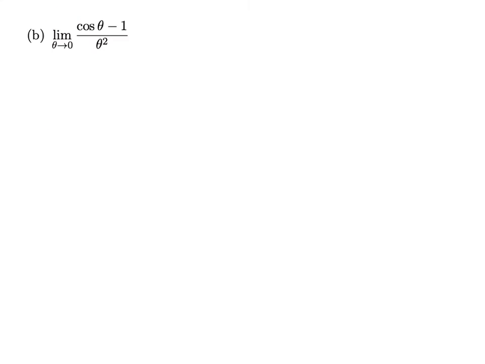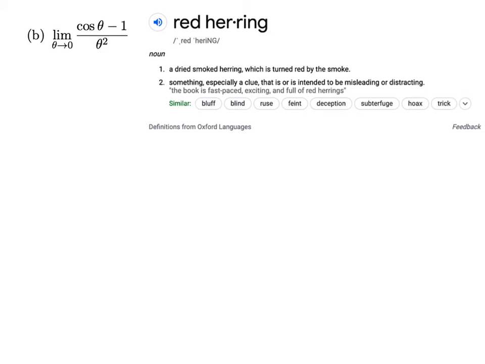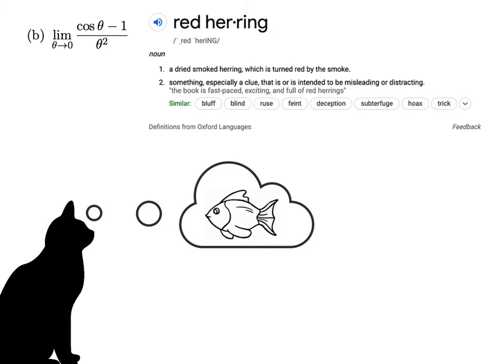So the first one we're going to do is part B. There was a typo on the worksheet, so this is what it should have looked like. The limit as theta approaches 0 of cosine theta minus 1 over theta squared. There's a little bit of a red herring in this problem. It looks like you're going to use the second limit formula, the one that says cosine theta minus 1 over theta approaches 0 as theta approaches 0, because it kind of looks like that, but that's not really what's going